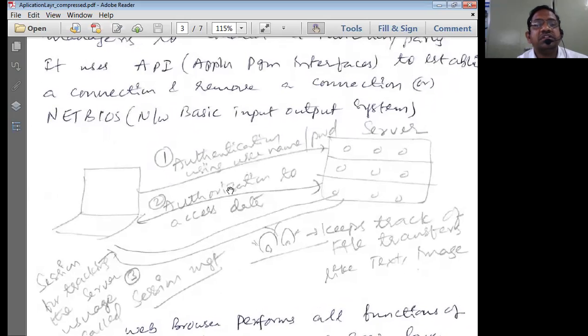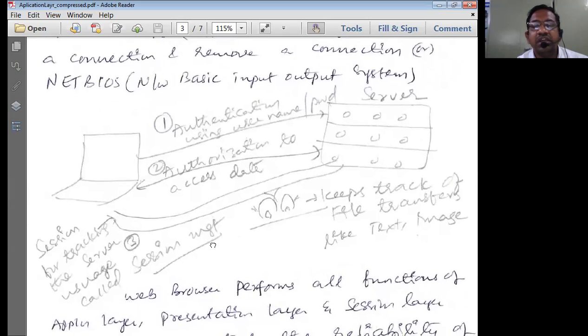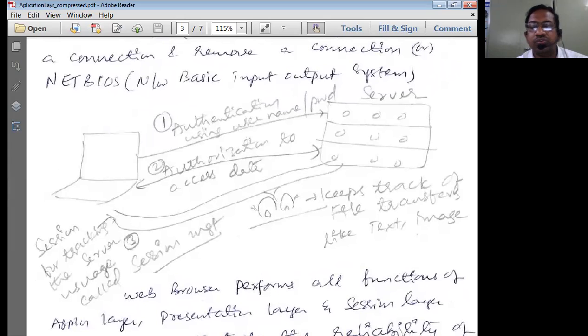Now, what is this session layer actually going to do? Let us see. The network layer is normally used to interact with the server. The server may be a computer, it may be a source of information for a client, whatever could be the reason. But what is the process the session layer is going to do? Session layer is meant to perform three activities. First one is authorization using the username and a password.